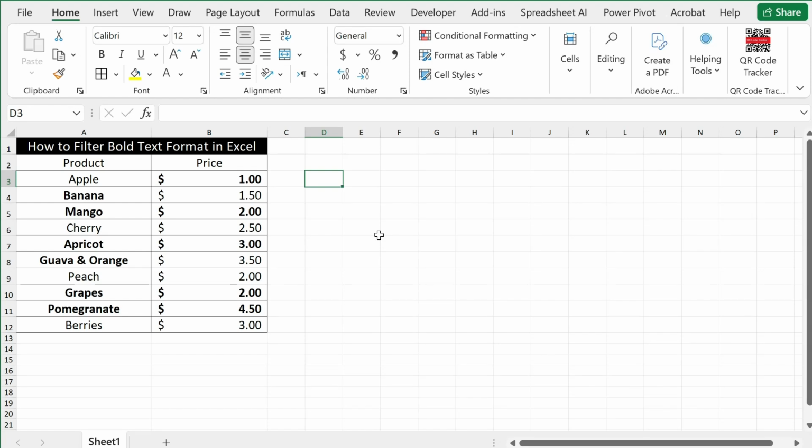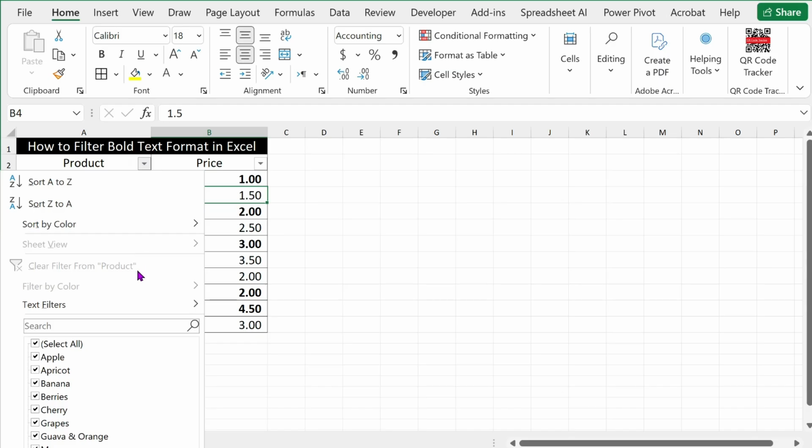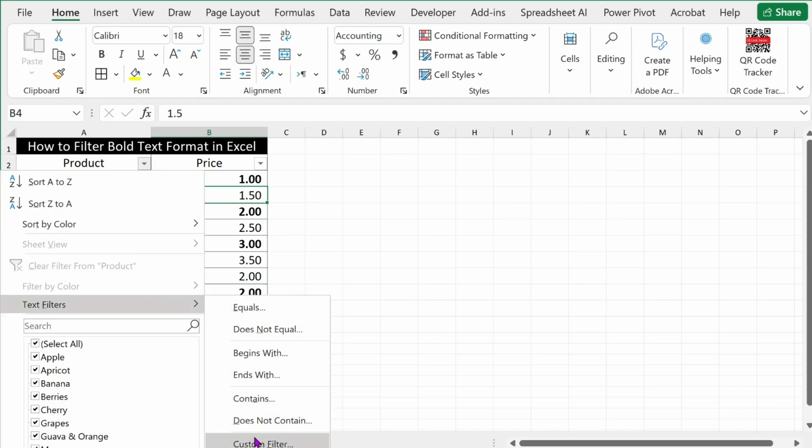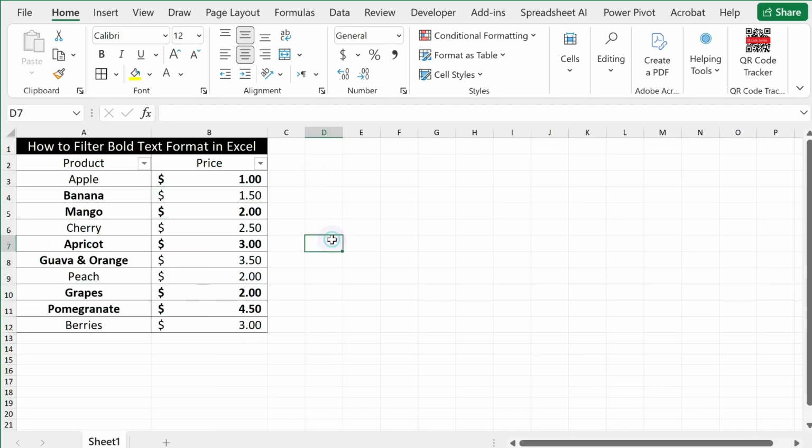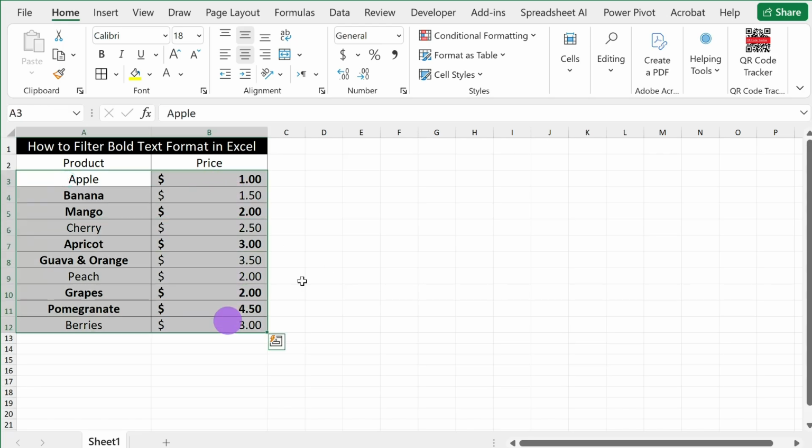Hi everyone, in this video I will show you how you can filter bold text format in Excel. Unfortunately, Excel does not have a direct built-in filter button for text formatting like bold or italic through the standard filter menu. So first you need to select the range of cells you want to check, like this one, and